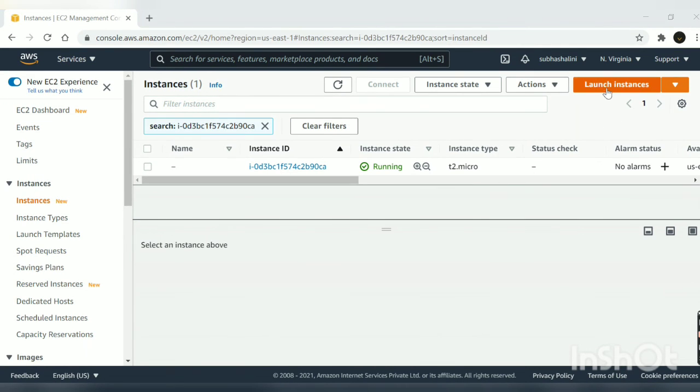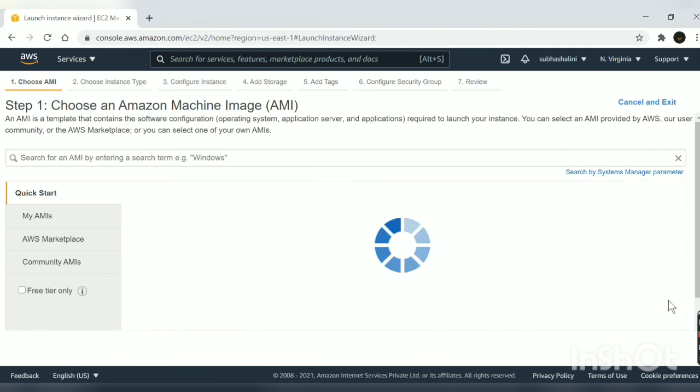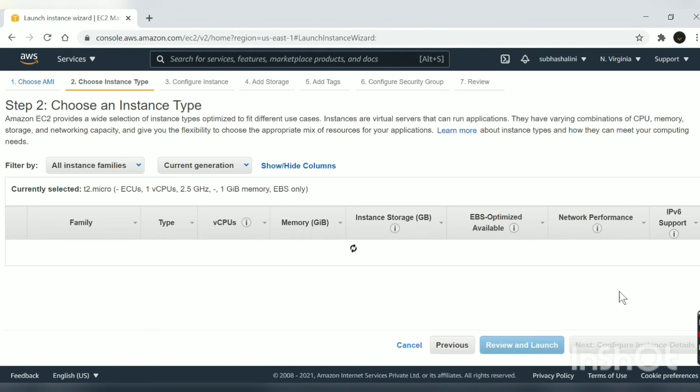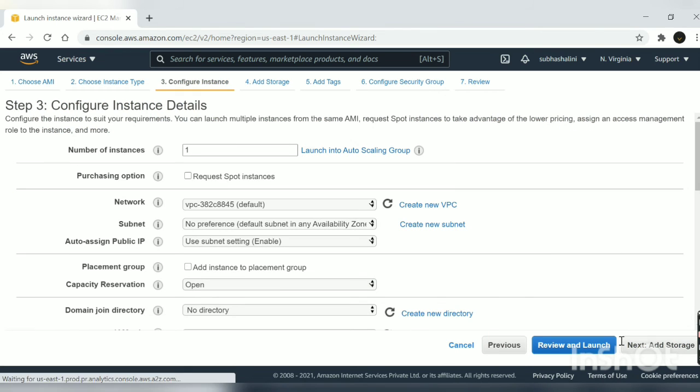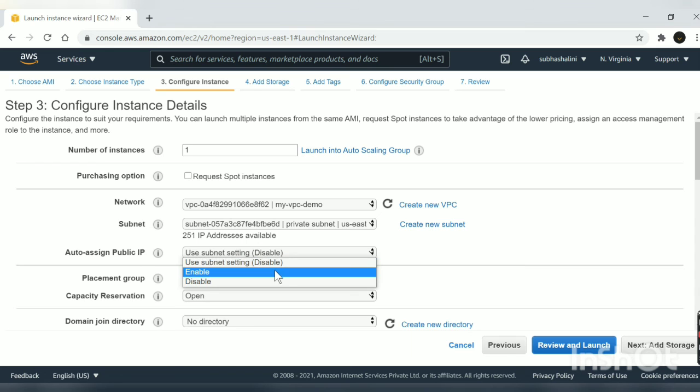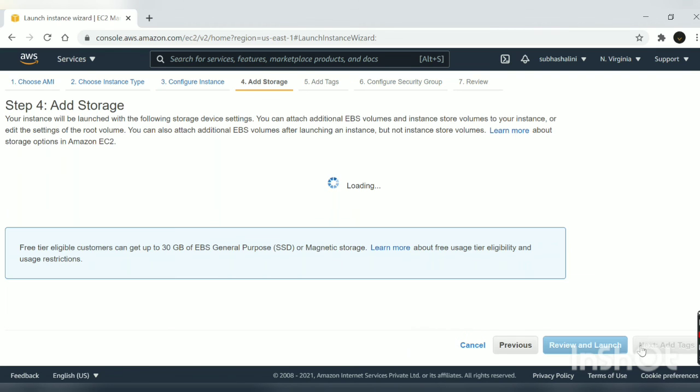I'm going to create a new instance for my private subnet. So click on launch instance. Go to the free tier as the previous one. Here I'm going to choose the network as my VPC demo and choose the subnet as private subnet and enable, and then go to next.